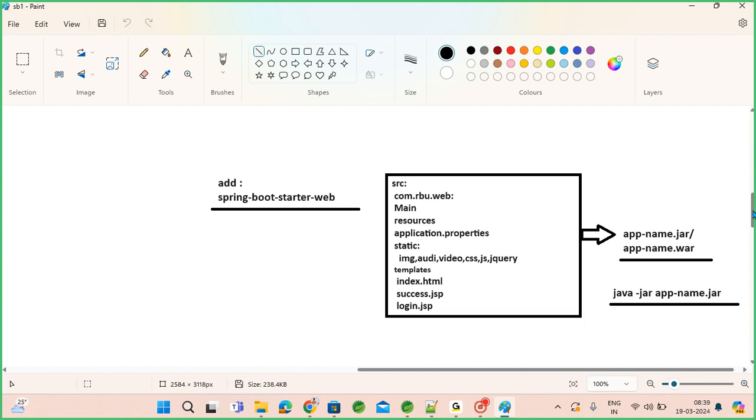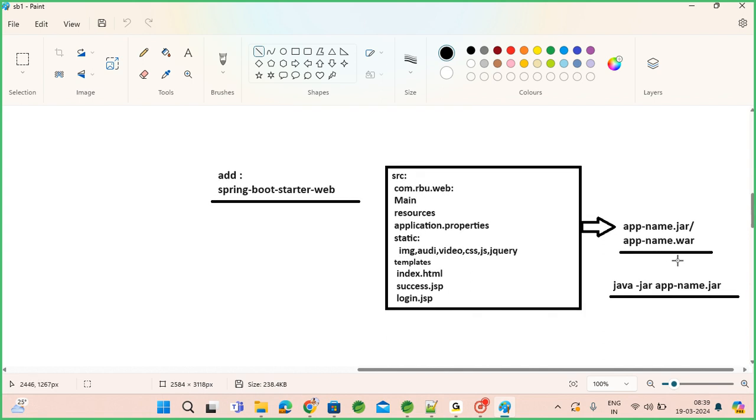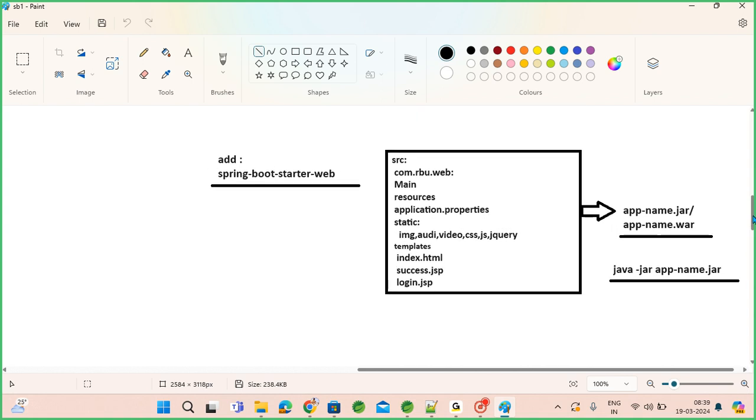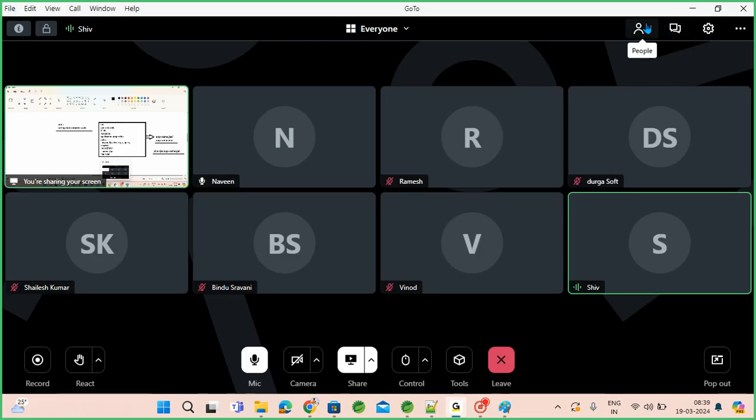Finally, you can export your web application as a JAR or a WAR. Both will work. You need not have any Tomcat also here. By default, embedded Tomcat is going to